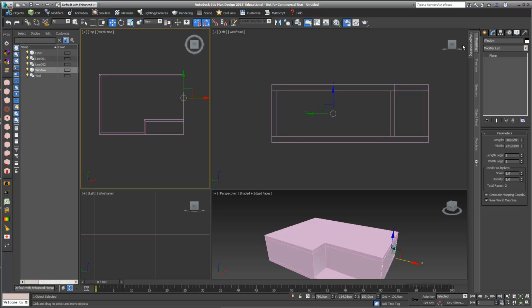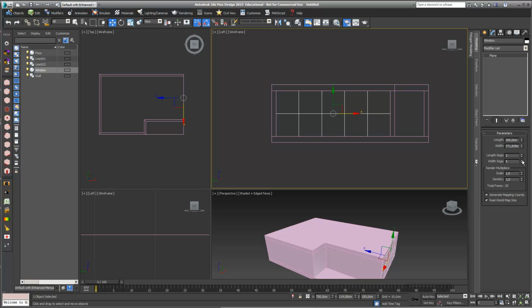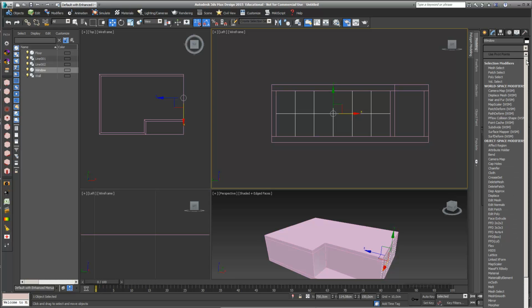This thing I just name window. Okay, this is my window, but my window also needs something like a window frame, and I can do this with segments. I can draw segments, something like this, for example. This could be my windows, and if I now go into edit poly,